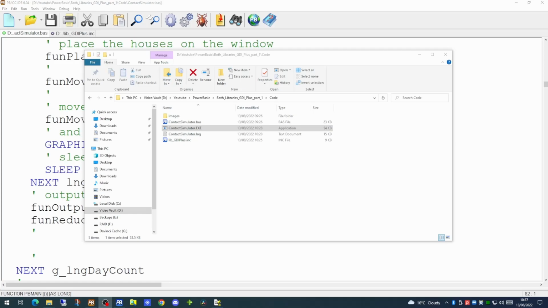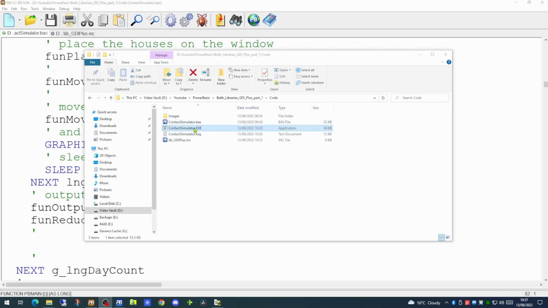We're going to revisit some code we created some time ago that created a contact simulator using a graphics window to enable the code to be compiled and run under either the Windows or console compilers. This contact simulator allows you to monitor a number of houses or social environments, and the people that live and work around them, tracking contacts between them, and possible infections and how they might spread. I'm not an epidemiologist, but this application was a good way to demonstrate some of the things that PowerBasic can do within a graphics window using graphics commands.